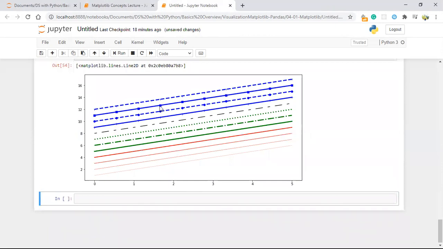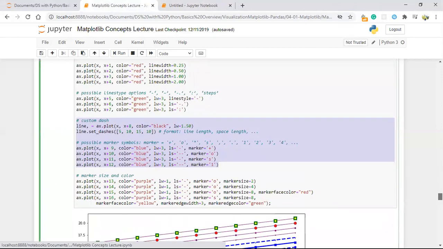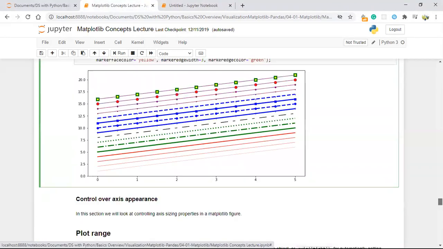See, this is what marker is. In this marker, you are getting the dot symbols, right? So here the dot symbol and the plus, the square symbol, and this kind of marks you are getting, right? So that's what your marker is. Whatever marker you want, you can give a plus, O, 1 like this. So like this we can make multiple stuff.